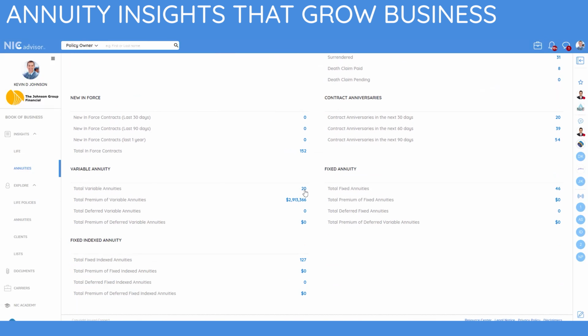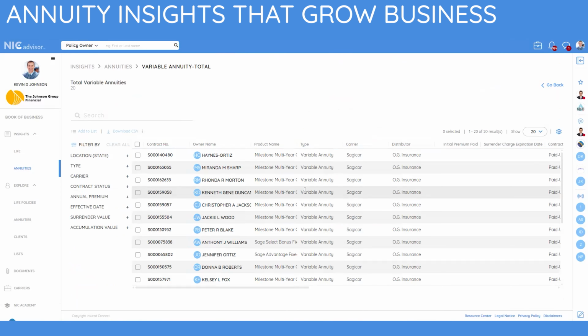Remember that you can click on any of the blue numbers that you see on your screen to be taken directly to a list of those contracts, so you can find exactly what you need. Overall, the Annuity Insights in NIC lets you track key events and contract details, helping you engage clients proactively and